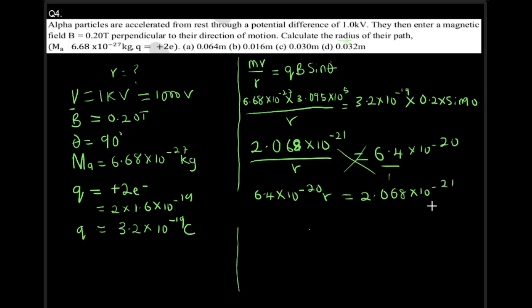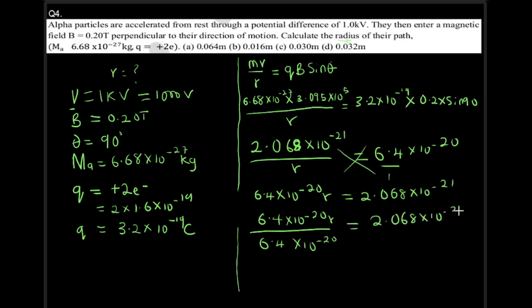To get r, divide both sides by 6.4 times 10 raised to the power of minus 20. So the whole of this will cancel this, and then you're going to have r equals, dividing the right hand side will give us